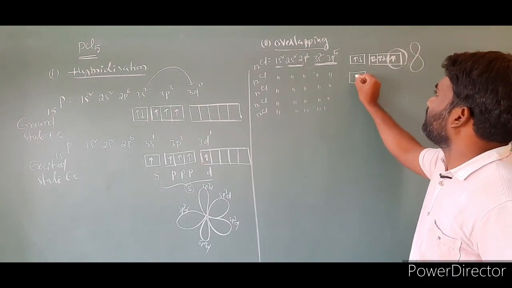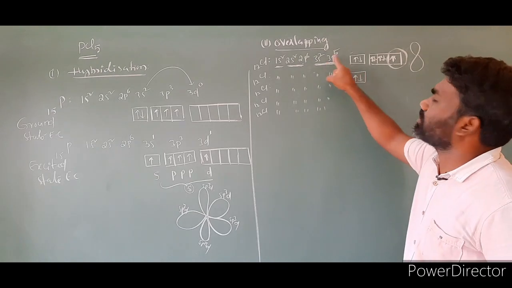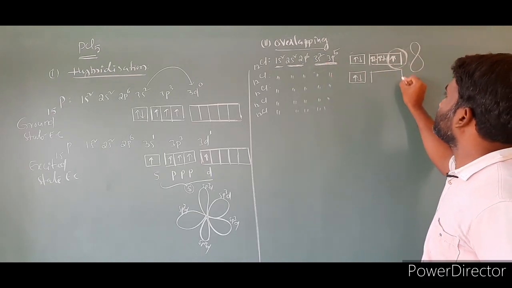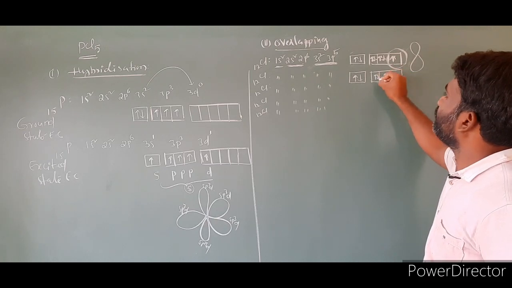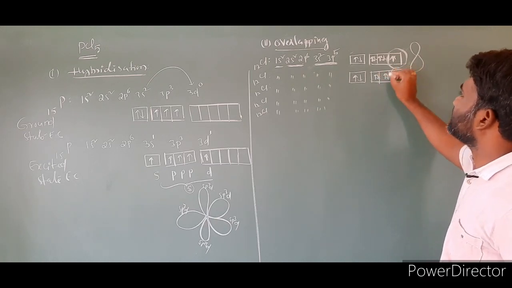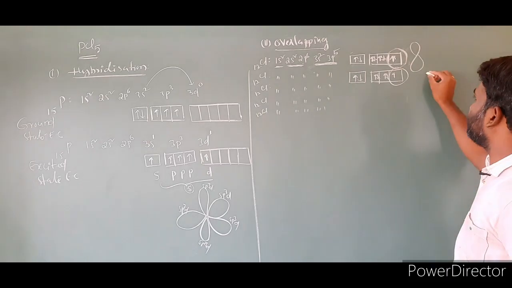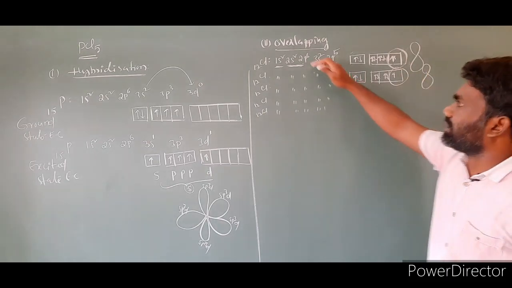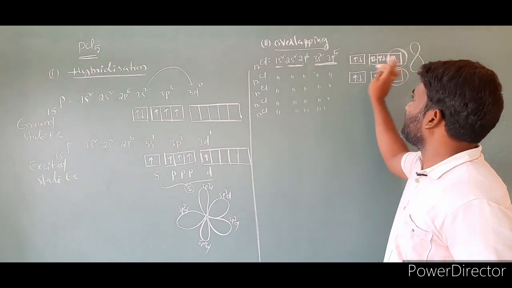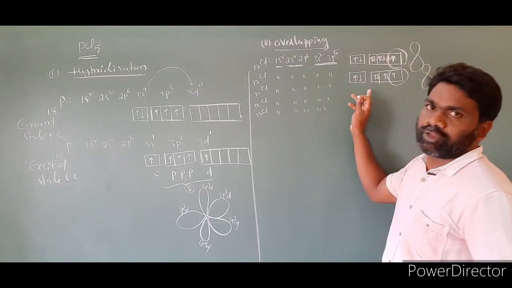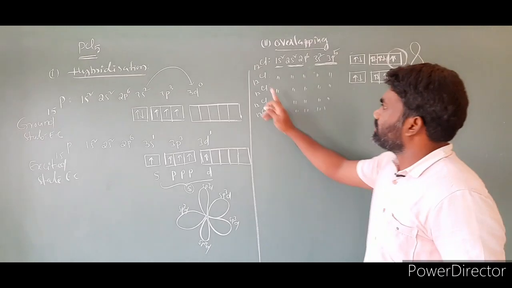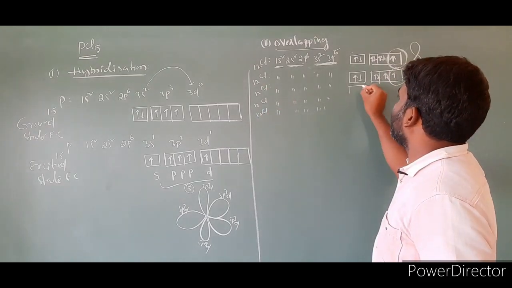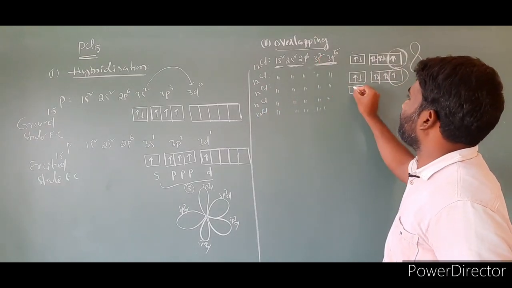This one also has 3s2 3p5. So 1, 2, 3, 4, 5. So here also one p orbital is there. So this p orbital we have to take. The electron configuration remains the same, so I am not writing it directly. I am writing the electronic configuration in the form of orbital diagrams. So this chlorine I am taking, the third chlorine. For this chlorine also 3s2 3p5.